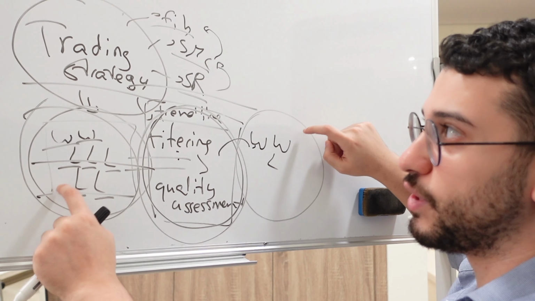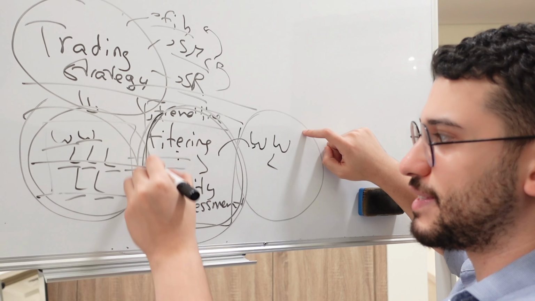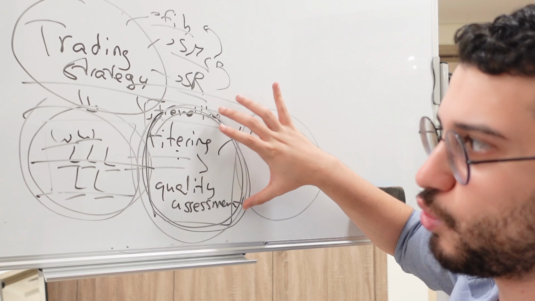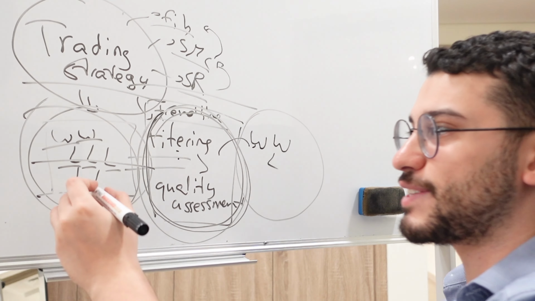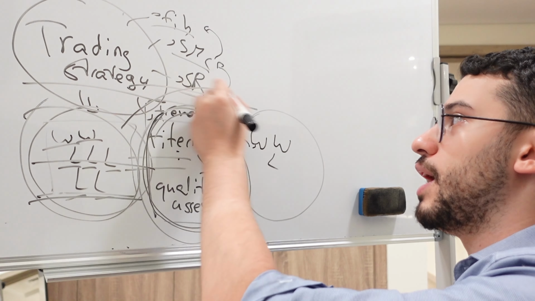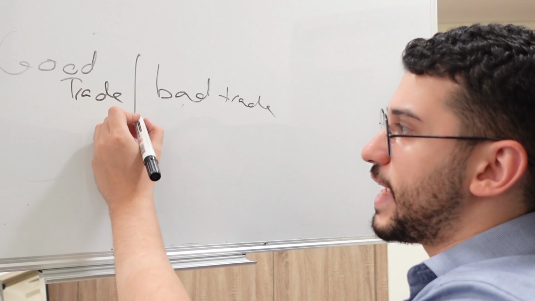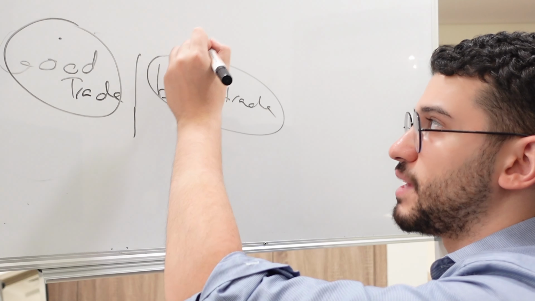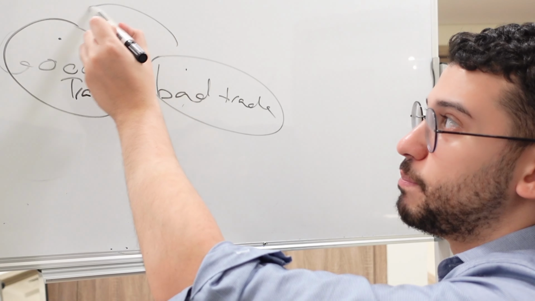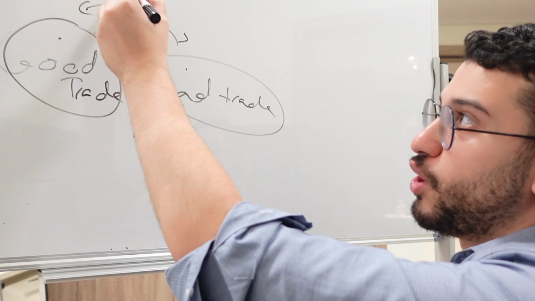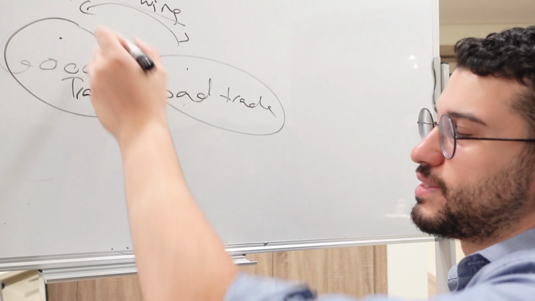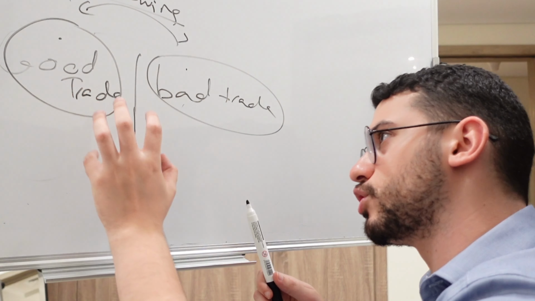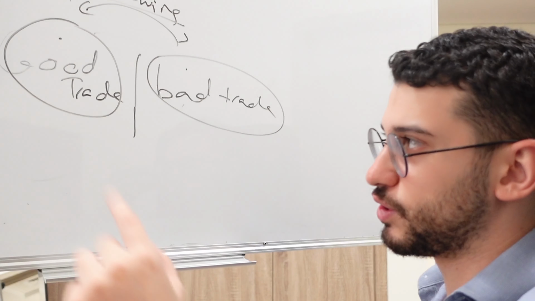Now, I want to teach you in today's video how to build that system right there. That's it. How do you build your own filtering, your own quality assessment system that takes your losing batch right there to a profitable batch? Now, if I ask you what is a good quality trade and what is a bad quality trade, considering that in both scenarios right here, you are following your system, so you are not just improvising and hoping, you are following your system. What is a good trade and what is a bad trade according to your system?